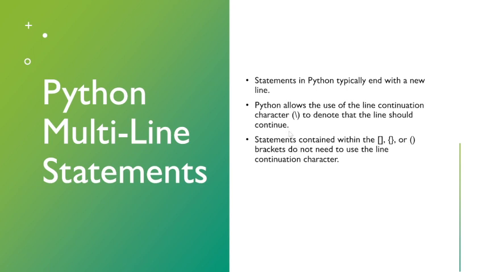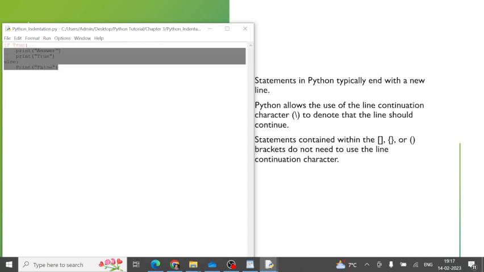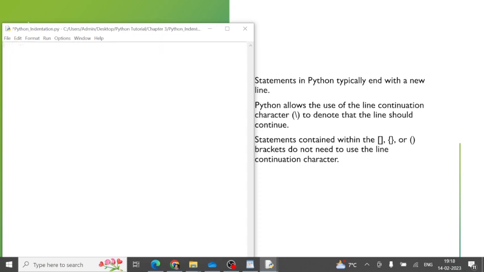Generally, a multi-line statement will be required for complex expressions. Let's see with the examples again. Go back to the file. Now let me delete the previous code. Now here I will define the variable num1 equal to 5, then num2 equal to 10, and then num3 equal to 20,